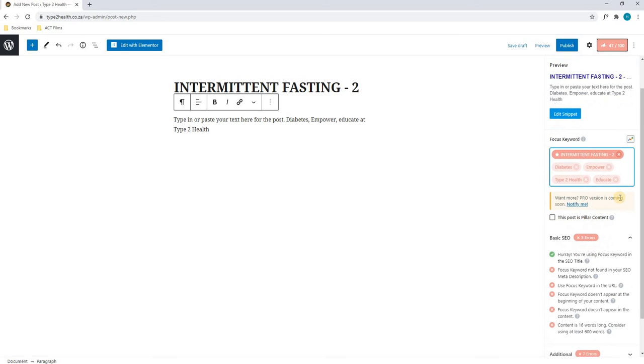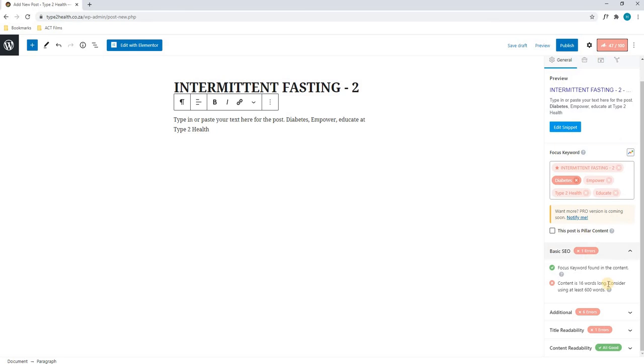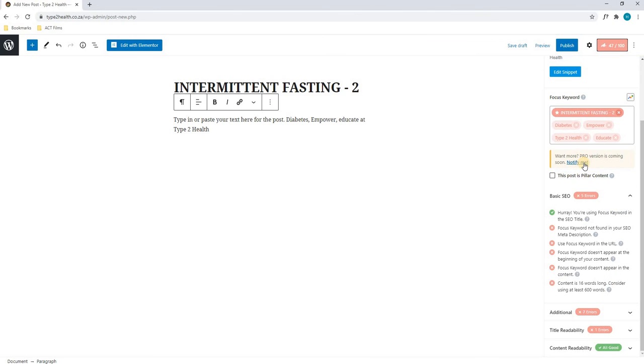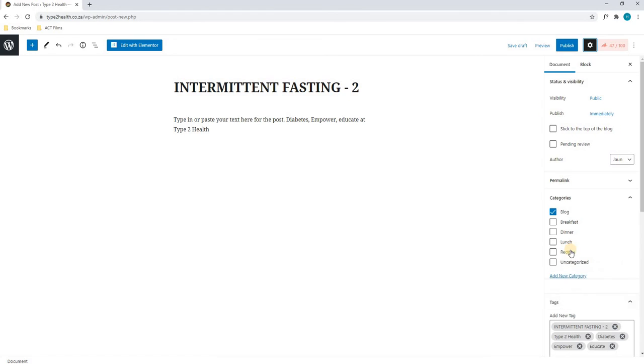As you can see, we have added in the 5 keywords, and if we were to select one of the keywords, the options below will change. Here it tells us all the errors and how we can improve on our SEO. Once we have improved these and we have got it to the best score possible, we will run through the post one more time. We have inserted our heading, which is included in our focus keyword and in our tags,